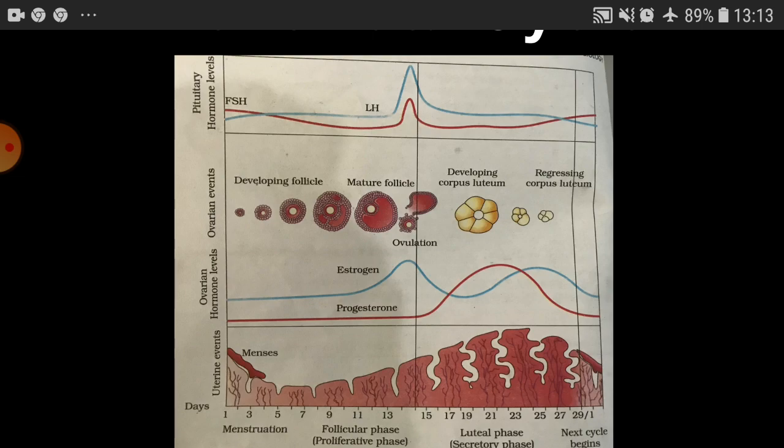Then we come down to the next phase, that is the menstrual or the bleeding phase. The phase lasts for about 4 days. It involves certain events. In case there is no fertilization, the secondary oocyte undergoes autolysis and the progesterone inhibits the release of LH from pituitary. Reduction of LH levels causes regression of the corpus luteum by autolysis and a consequent fall in the progesterone level